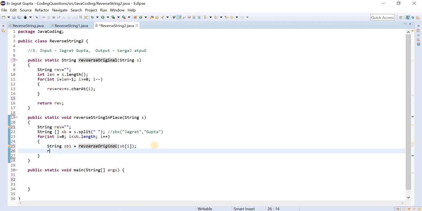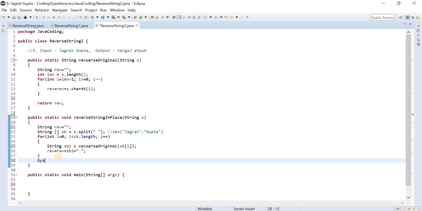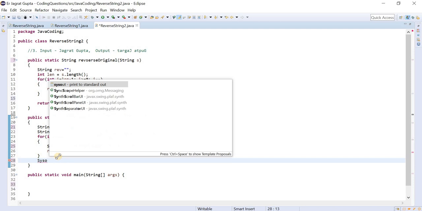And now the same thing, we will finally store it in the reverse string variable that we have initialized. So sb1 plus, and this is the space.